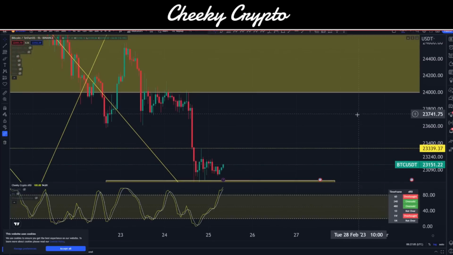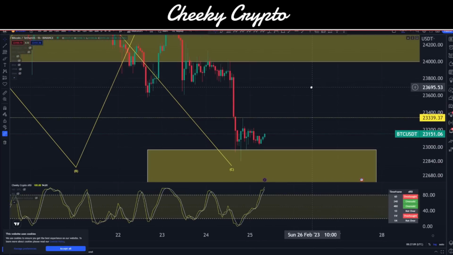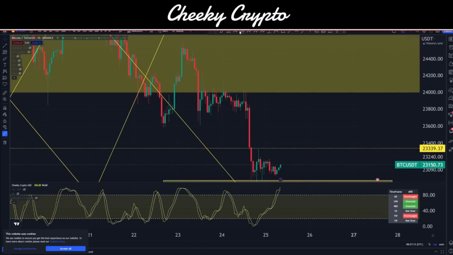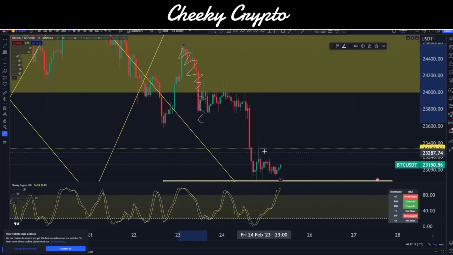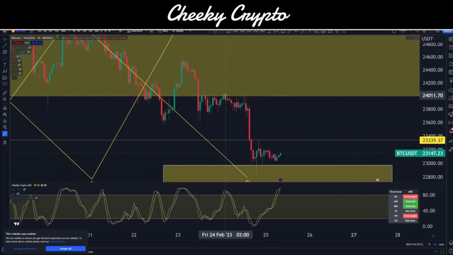So essentially right in here we have a move to the downside, and the first thing that we need to do is park this area for now. We'll just forget this part is happening, because we'll talk about that after we've discussed what's going on right over here. Okay, so if we take a look at this, we can see that we had this kind of structured move to the downside here, but it is a diagonal structure right in here. Okay, it's a diagonal structure.